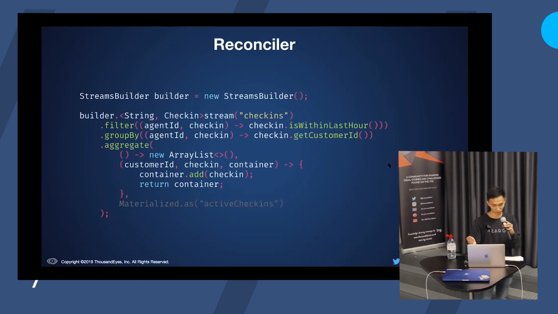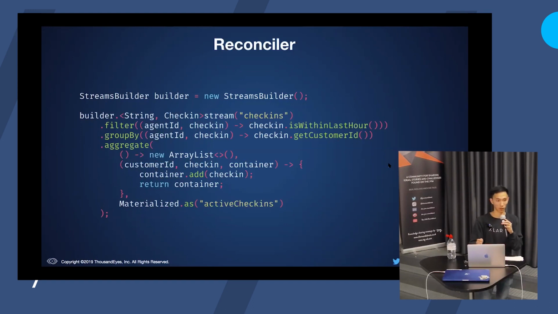So for example, in this case, we're just adding the check-in into the list, and then we're just returning the list itself. The good thing about Kafka Streams is that the result of this aggregation is accessible in a subsequent step. So it effectively stores the result of this aggregation as a cache on your service. And this is what the last parameter is for. You basically give Kafka Streams an identifier for this cache so that you can access it at a later step.